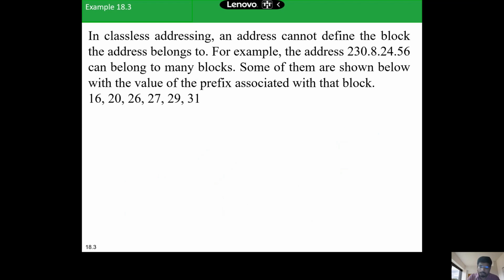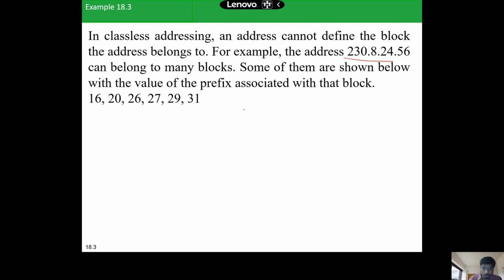Let's now try to look at it without the prefix length. Can you now tell me what's going to be the number of addresses? The answer is no. It's very important that just given a particular IP, you can't say which block it belongs to, right? So it's always necessary to associate the prefix value with it. Only then can you identify which block it belongs to. So we are now going to understand that, depending on the prefix length value, you now know the size of the block varies, and what the first address and last address will be.